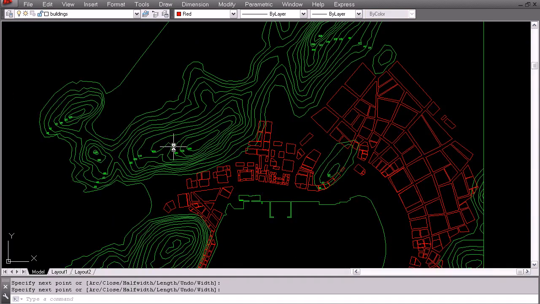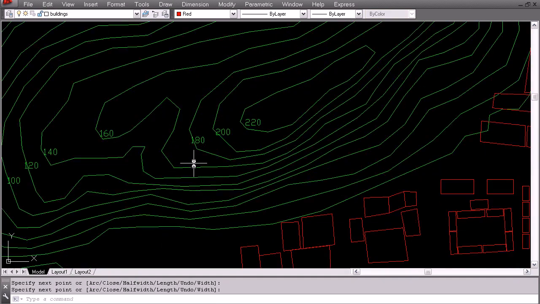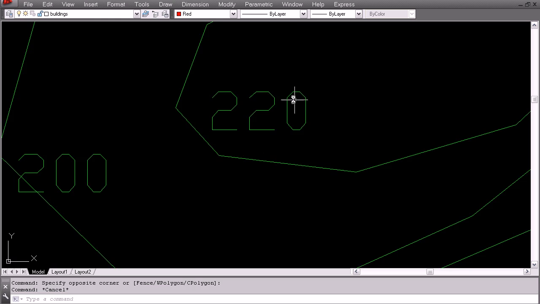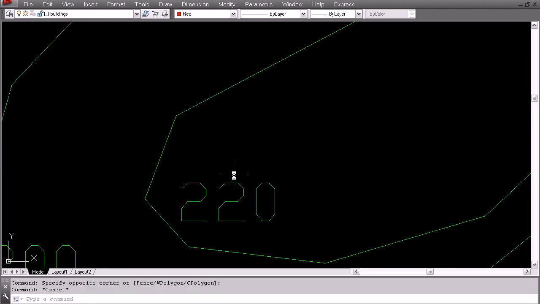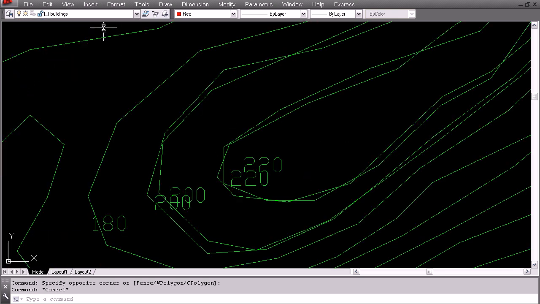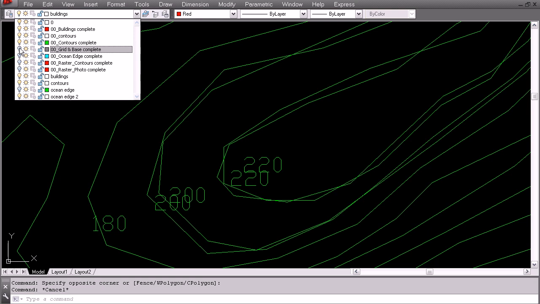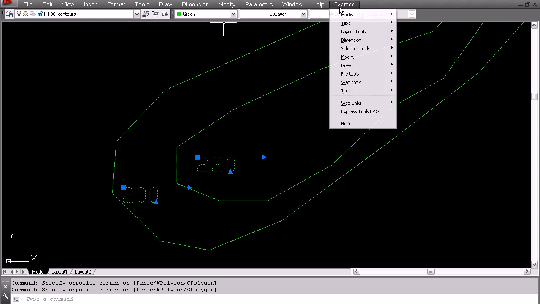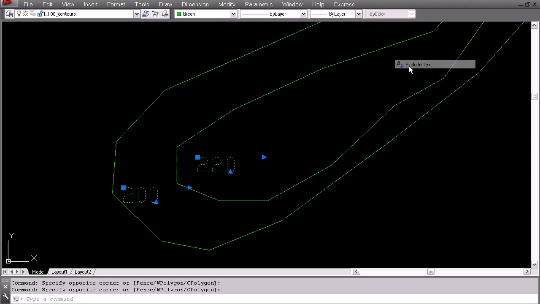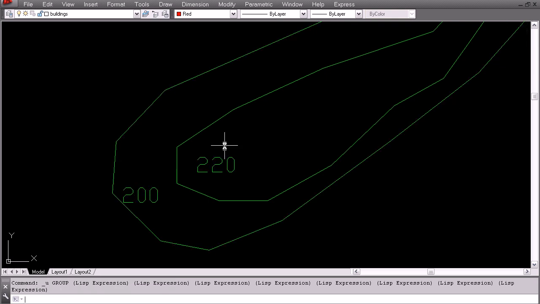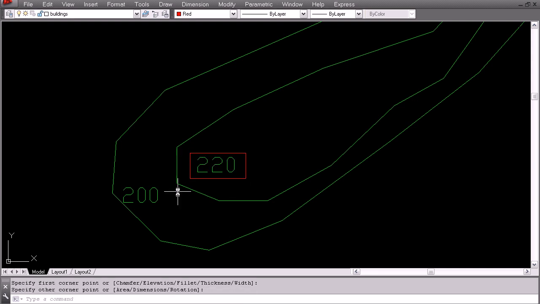Now, you will notice that if you try to export from AutoCAD into 3D Max, the text layers don't really work. So what you want to do is explode all of your text. Now I notice that this is already exploded because it's finished, but I'm going to turn on the contour layer that we were creating earlier, and that will help you to understand the process. You'll select the text, and then you will go here into your Express Text and then Explode Text. Now you'll notice that it'll fly all the way into this little corner here. So what I like to do is I create two reference rectangles of where the text came from,